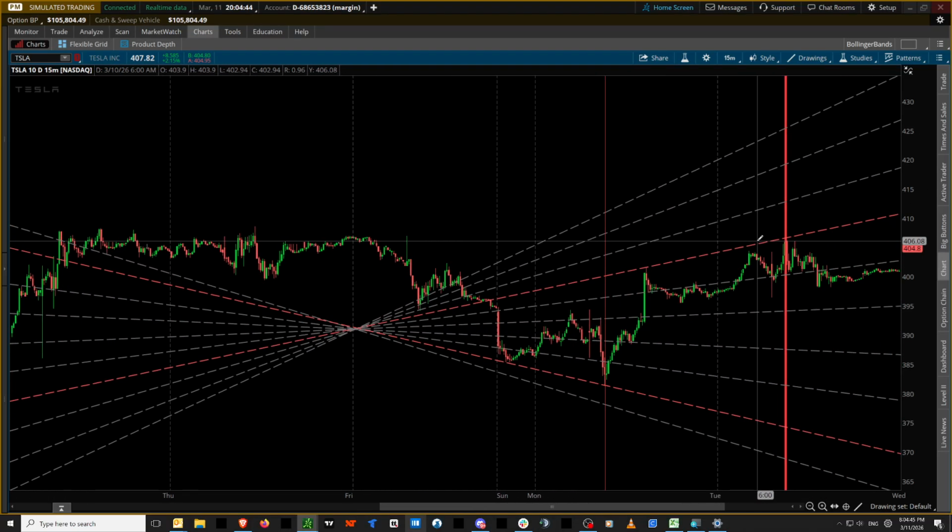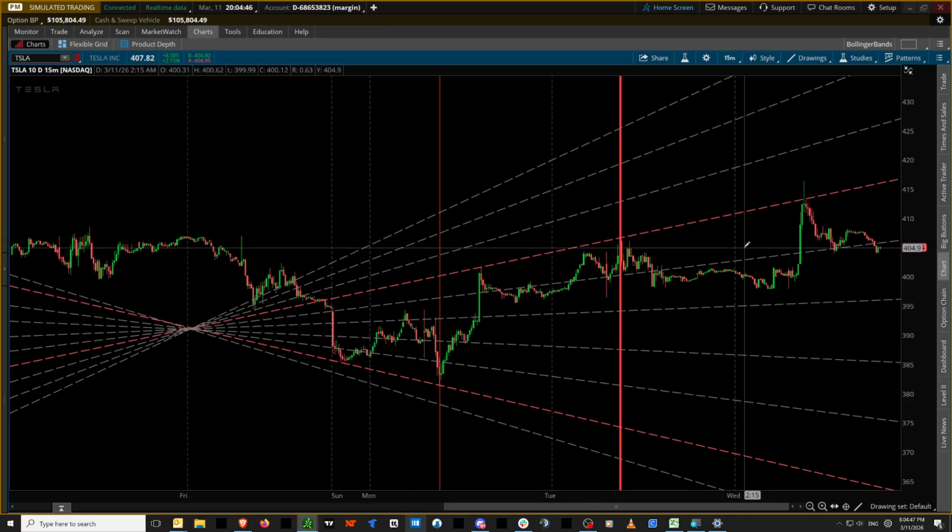Now, again, a fan line does not tell you a trend. A fan line is a target, a reference point. Can you trade on fan lines? I do. Myself, not every time, but a lot of times I do, but I'll also trade with the trend.